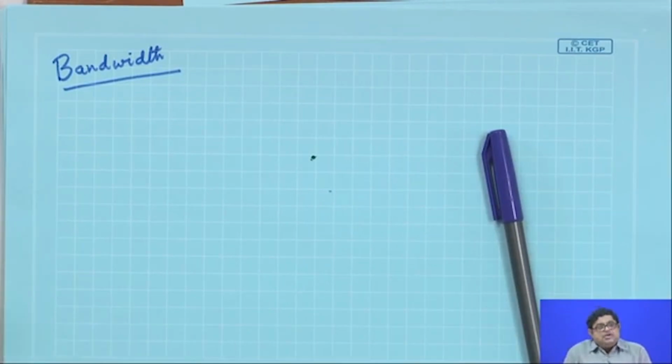Bandwidth is the range of frequencies within which the performance of the antenna, with respect to some characteristic, like the various parameters that we have discussed,